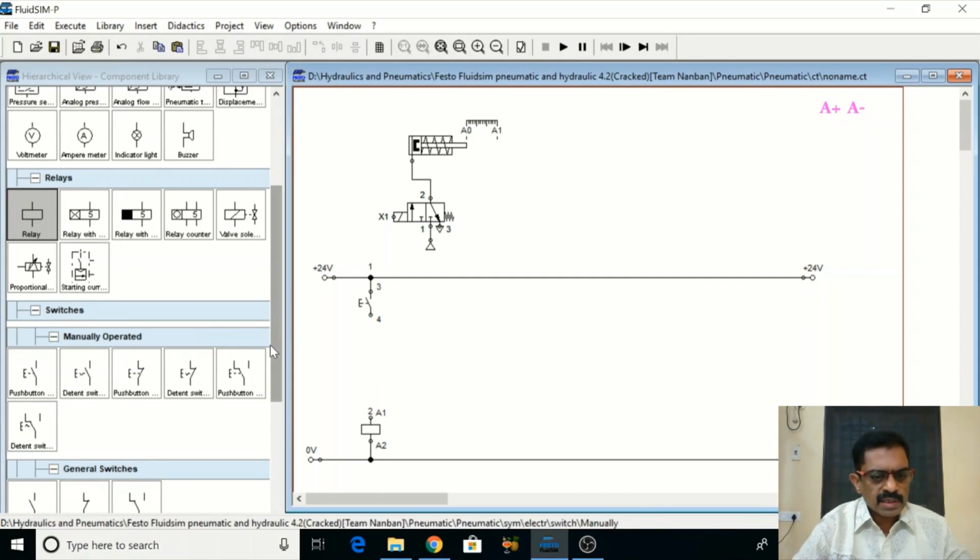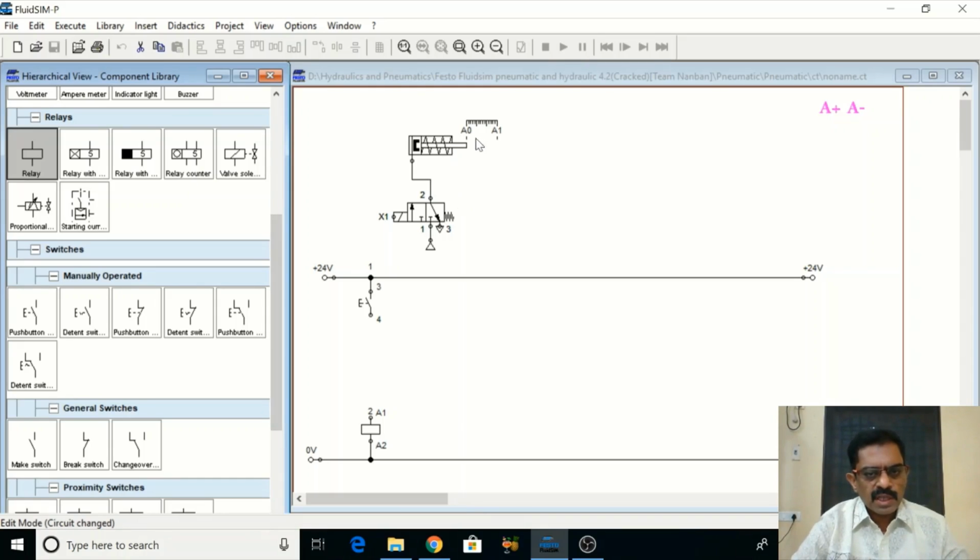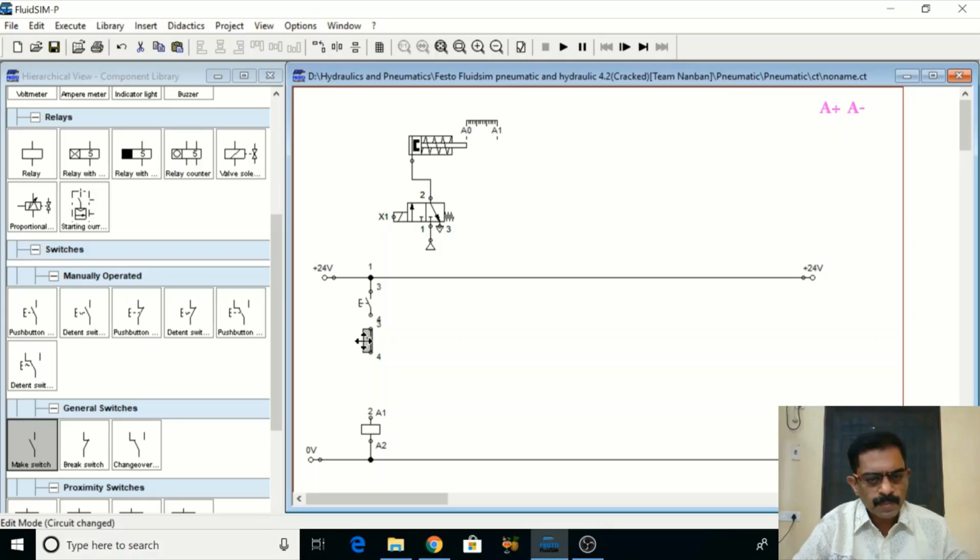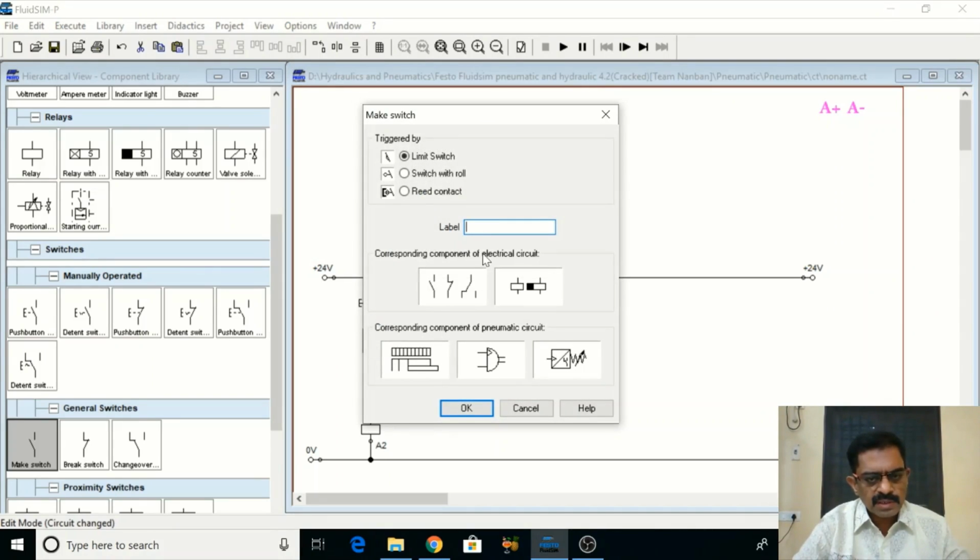we take a closed switch. So it is A0. A0 is actually closed here. So if I choose an open switch, it is A0. So let me annotate this, it is A0. So it will be automatically closed.